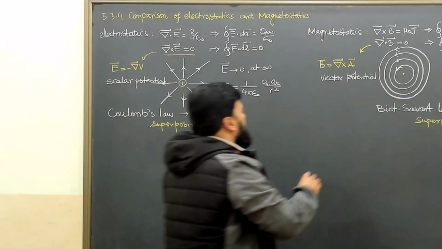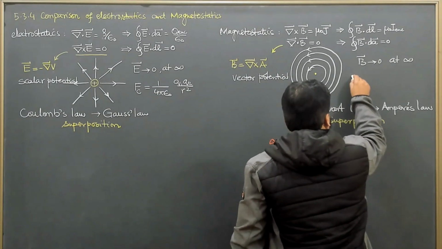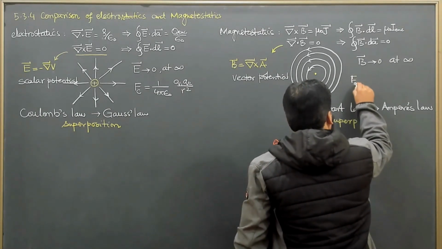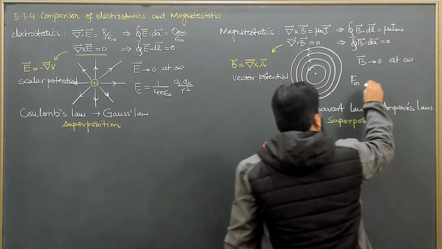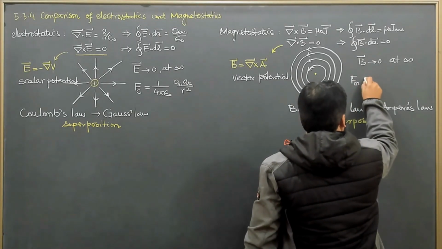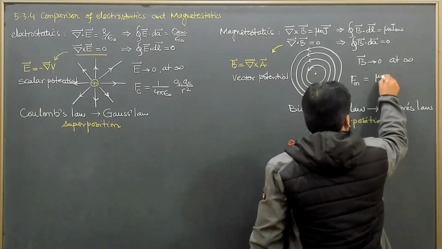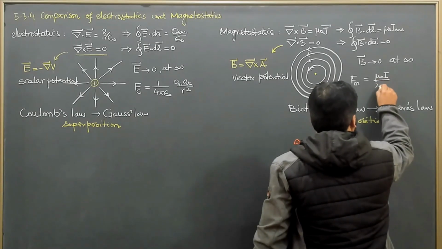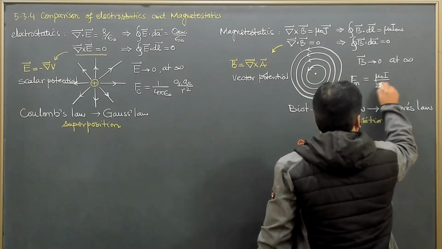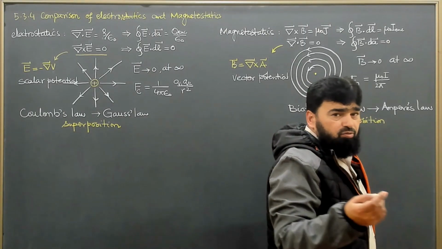And in the case of the magnetic field, the force which is magnetic in nature, as we have calculated earlier, is mu naught I over 2 pi r, the field,